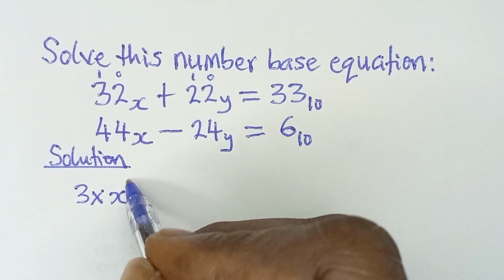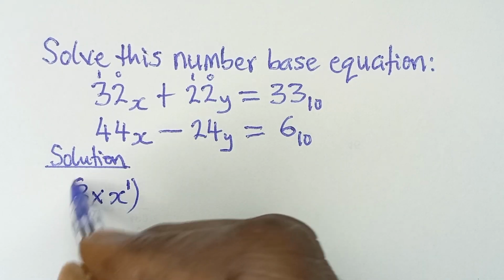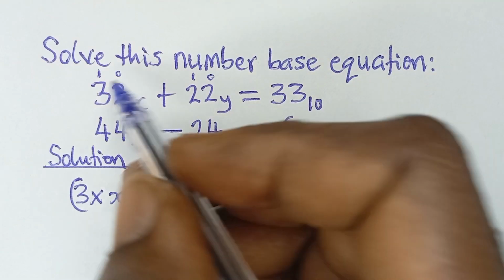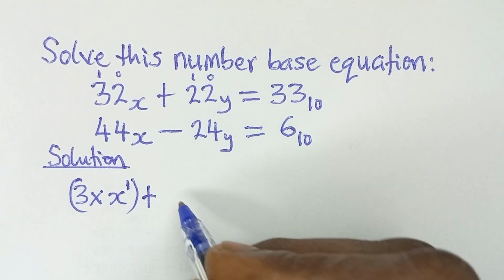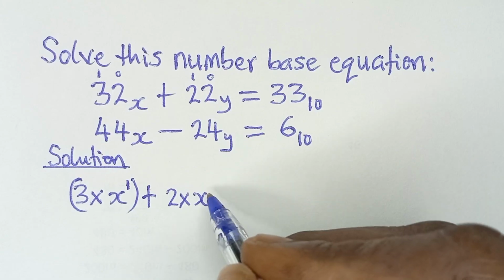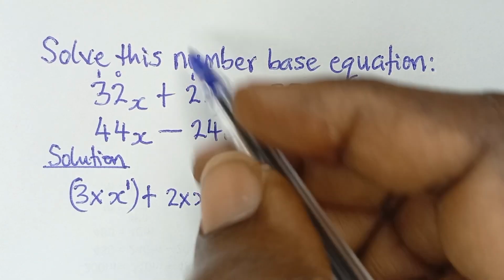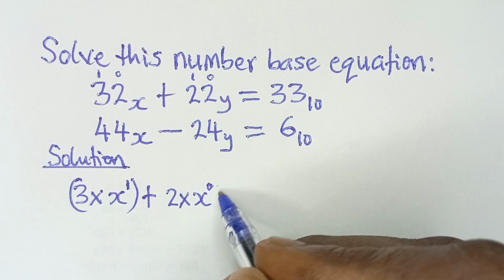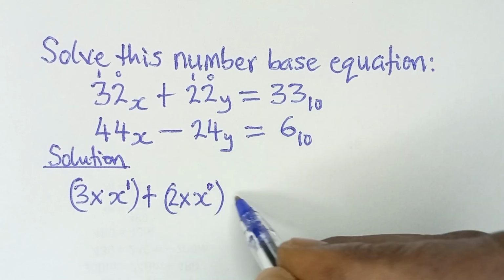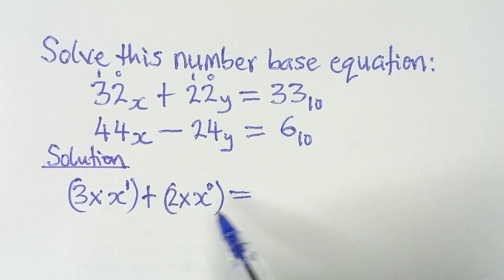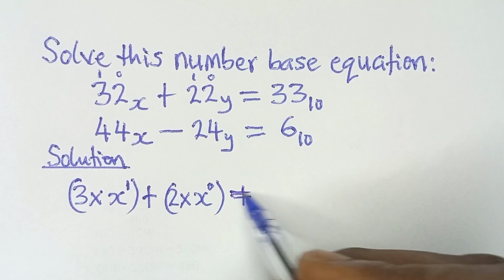So x to the power of 1. And then plus the second number there, which is 2. 2 multiplied by x to the power of 0 now, because of the power 0 that we have here. And that should be equal to 33. Sorry, that should be added to